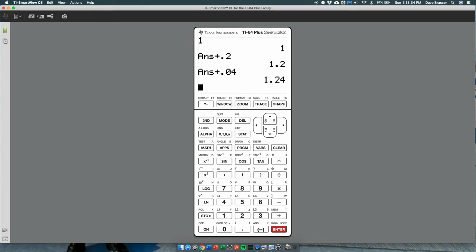Hold on a second. There was a typo here. Let me start that over. 1 minus 0.2 plus 0.04 minus 0.008. The next term would be plus, sorry, I'm getting ahead of myself, minus 0.008. It's also weird typing this on this computer as opposed to on a calculator. Plus 0.0016. The next term would be minus 0.00032. The next one would be plus 0.000064. The next would be minus